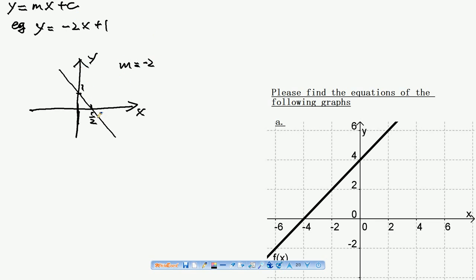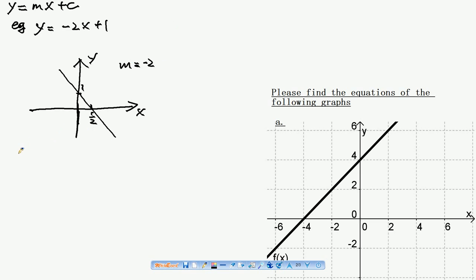It means for every unit x increases in the horizontal direction, the y value actually decreases. As we can say, as x increases, y value decreases. That's what it means by a negative gradient. Okay, so